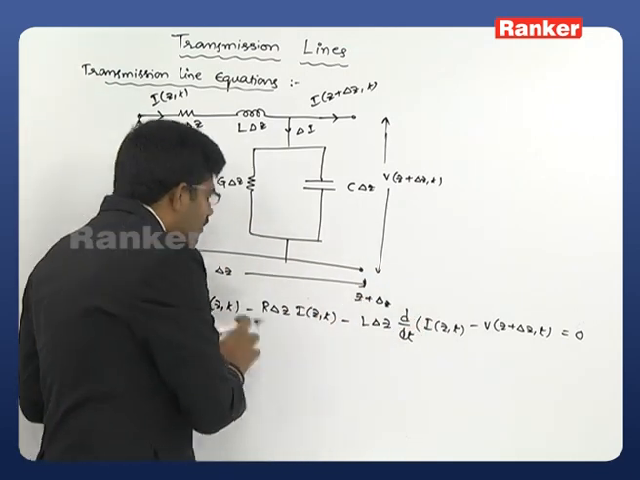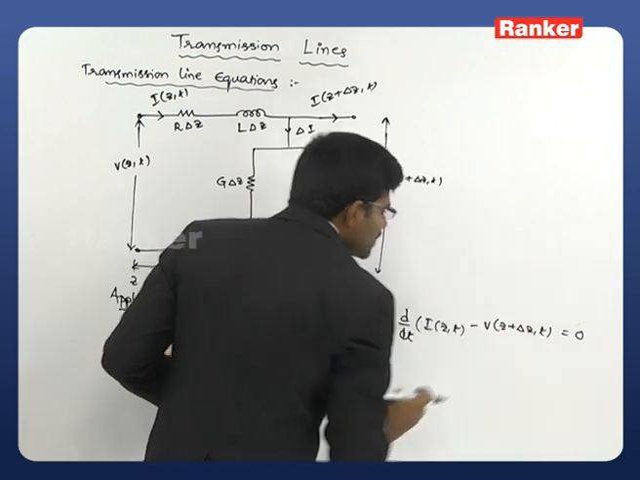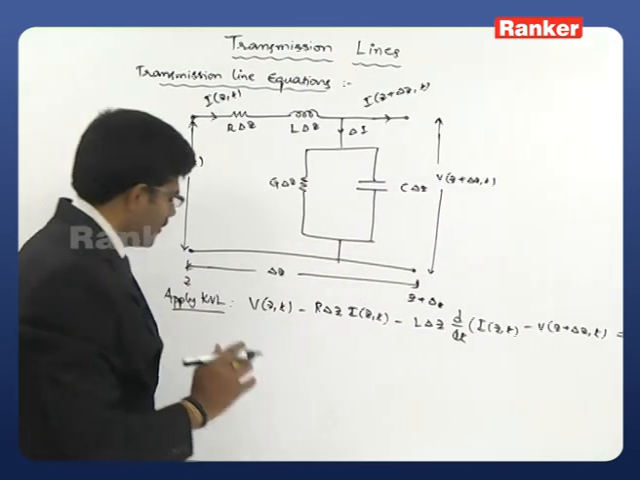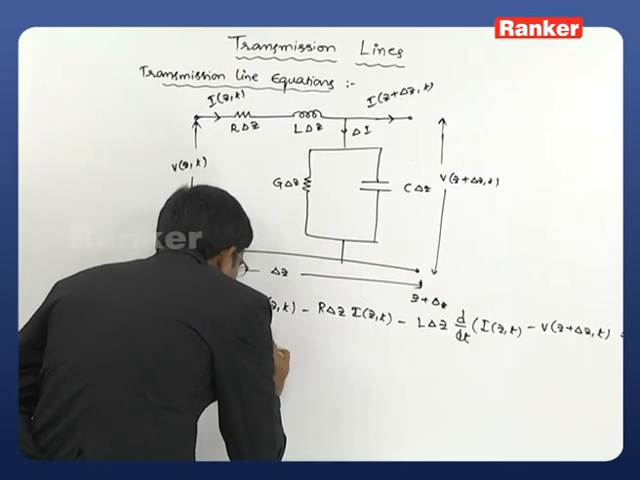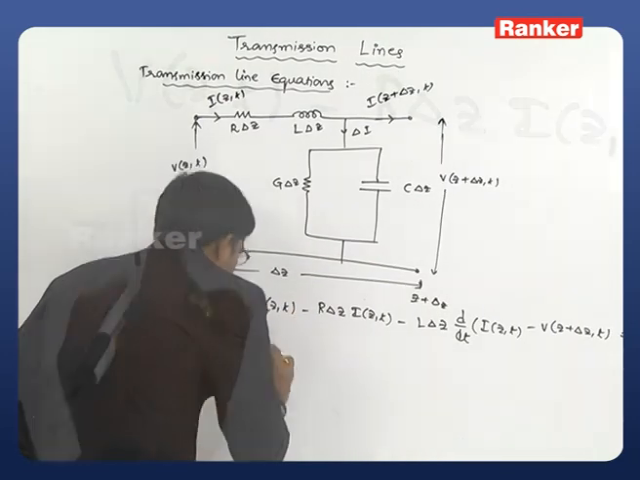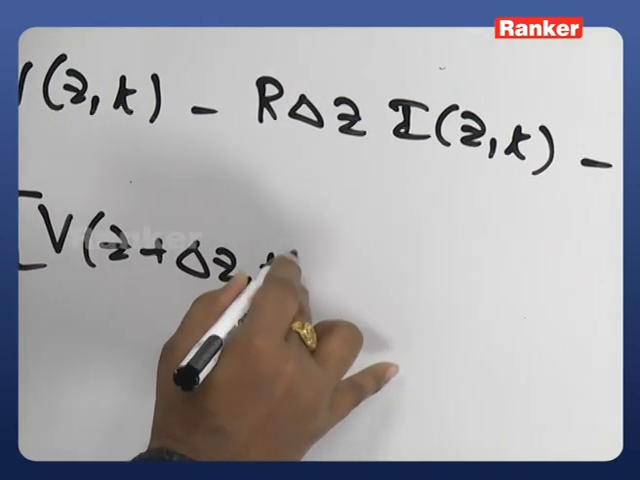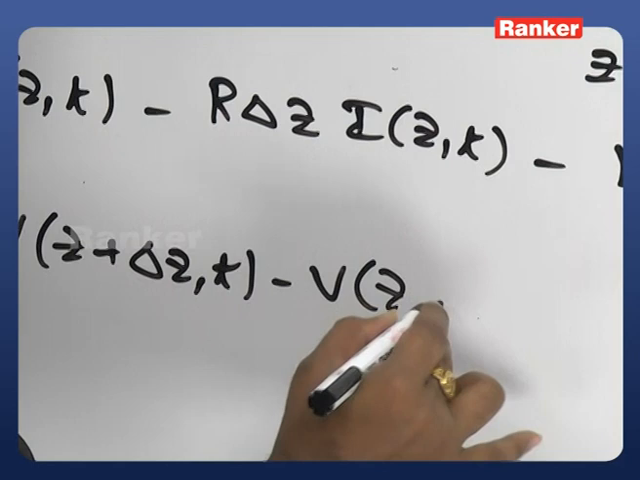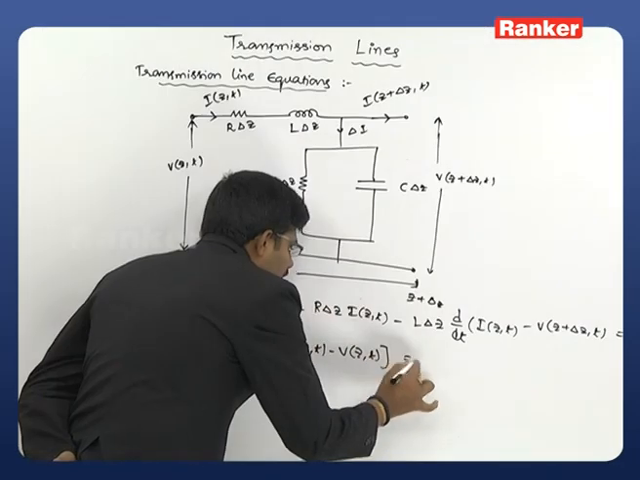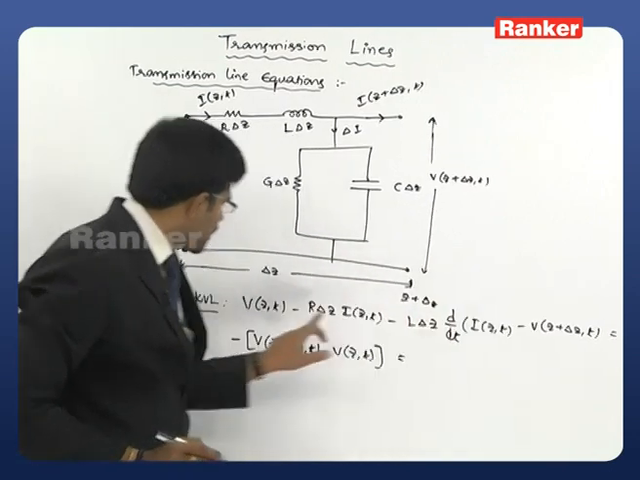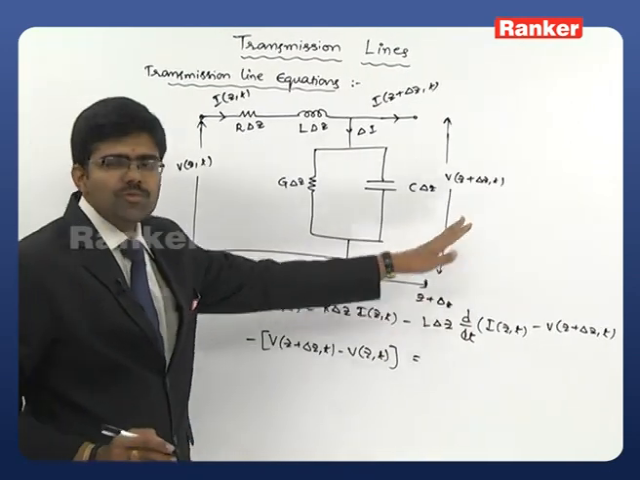Just take this V of z comma t and minus V of z plus delta z comma t, and put the remaining parameters to the right hand side. Just observe what I am doing. I am writing minus V of z plus delta z comma t minus V of z comma t. This I am keeping in the left hand side. So this term and this term are left for us, and the remaining two terms will go to the